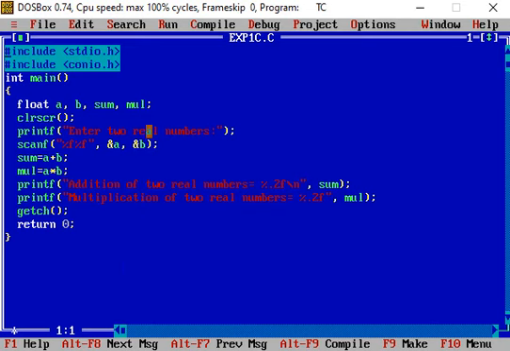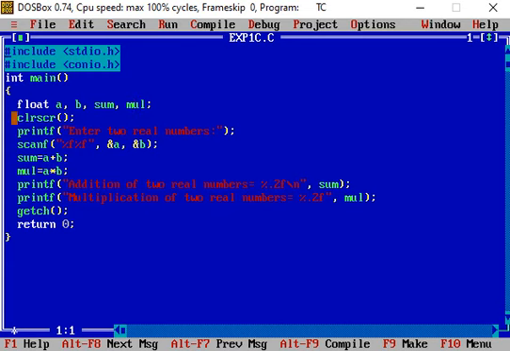Out of these four float variables, a and b are declared to store the two real numbers entered by the user. Sum and mul are declared for storing the sum and multiplication of the two real numbers.